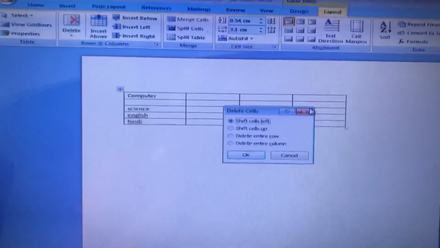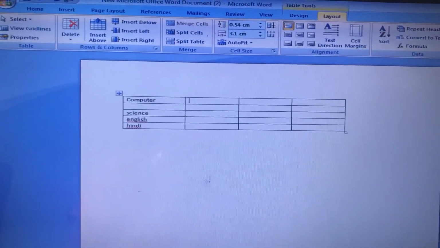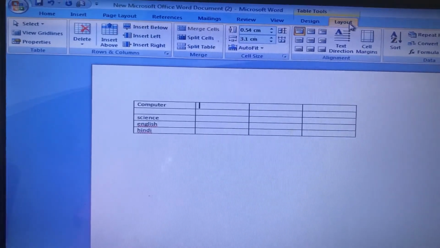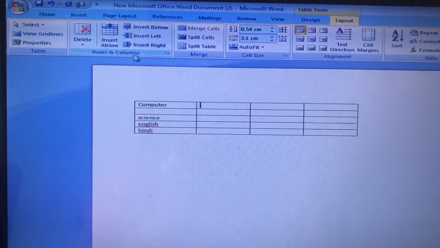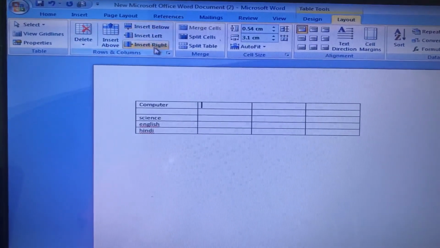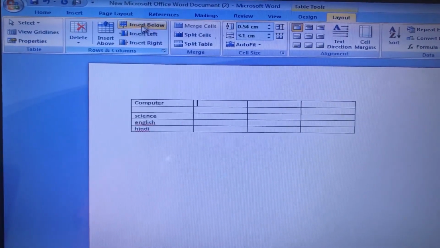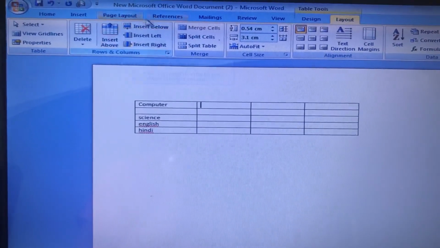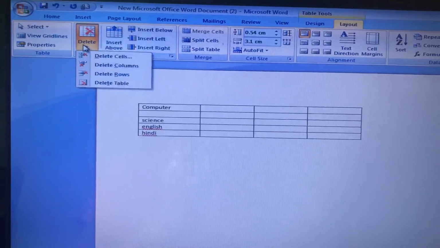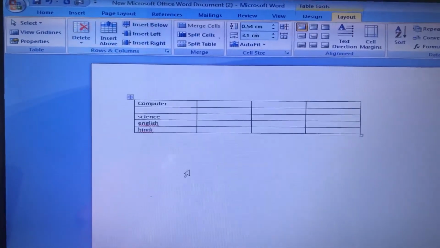And the other is you can go to the layout tab, where there are the rows and columns groups. From here you can select the options which you want. If you want to insert, you can insert; if you want to delete, you can delete. Understood? Is it clear? Understood now how to add data to a table.